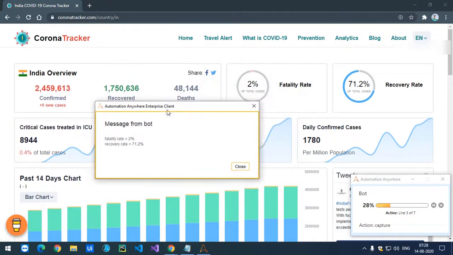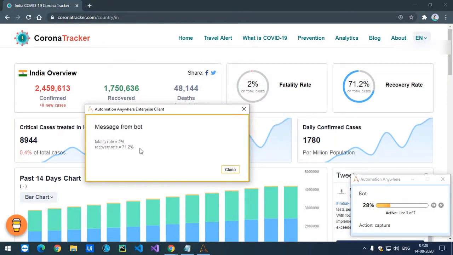Okay, here it is. Fatality rate is 2% and recovery rate is 71.2%. That's it.